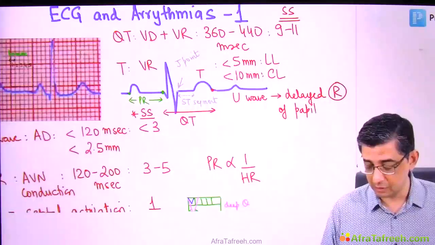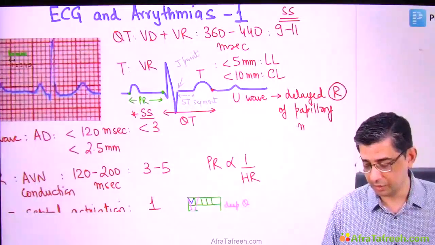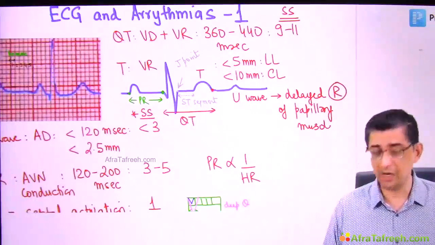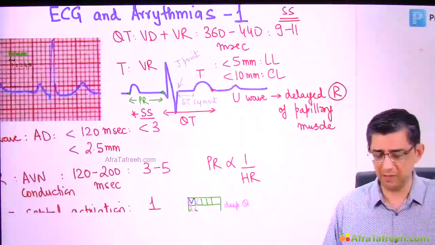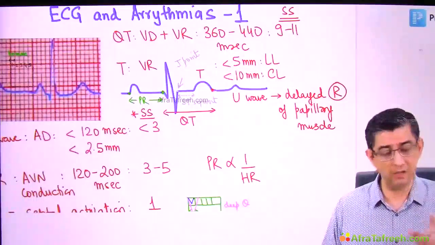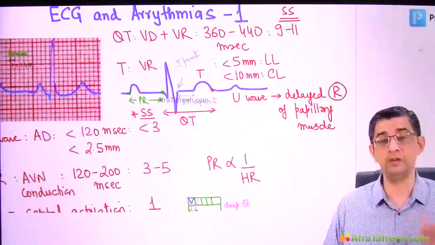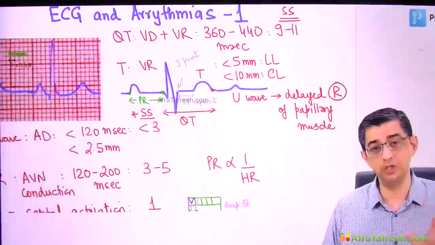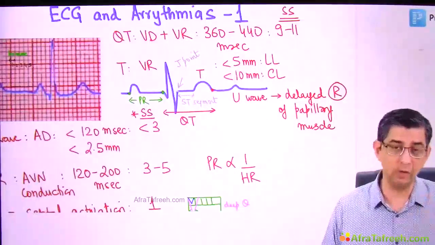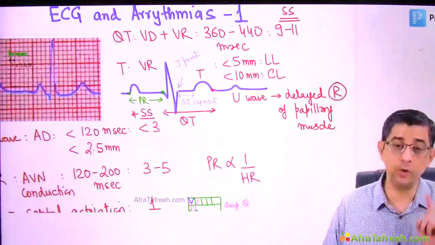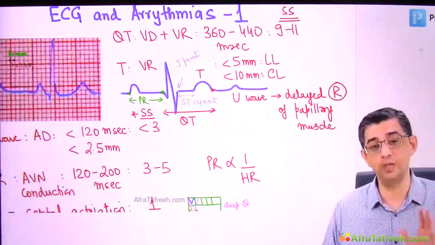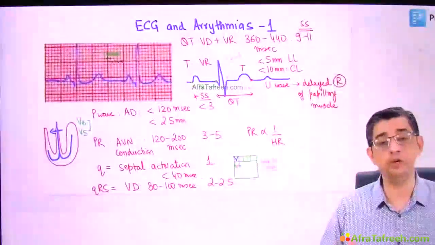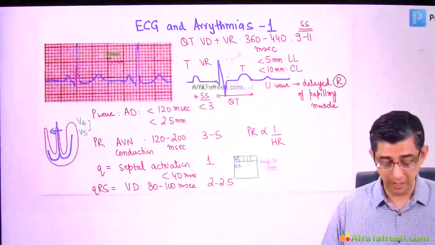So if an ECG of a normal person is done and the heart rate is usually in the range of about, I would say, 60 to 75, because as the heart rate goes above 75, this wave is usually not visualized. But at a heart rate of 60 to 75, like in marathon runners, the vagal tone is higher, so you will be able to see a U wave in the ECG of normal people as well. I agree that if I change this into a prominent U wave, that's definitely going to be a feature of hypokalemia. But at this junction, I definitely want you to remember this baseline information,